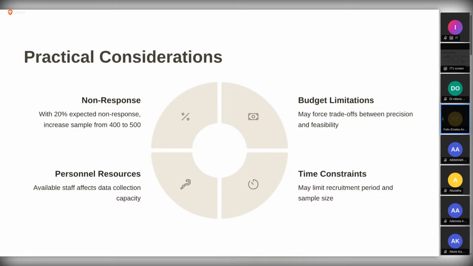So if you have a prevalence and the minimum sample you calculate is too big, find a lower prevalence from a previous study and calculate the sample size; that number will drop. Another thing is the time constraint, which is the same thing as the budget. If that 300 and something will take you months to collect, you can do the same thing and crash the number so that it will take you less time to collect the sample.